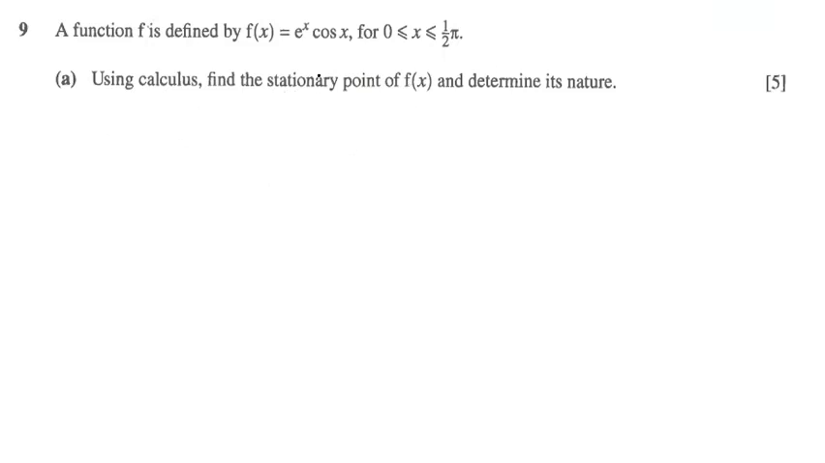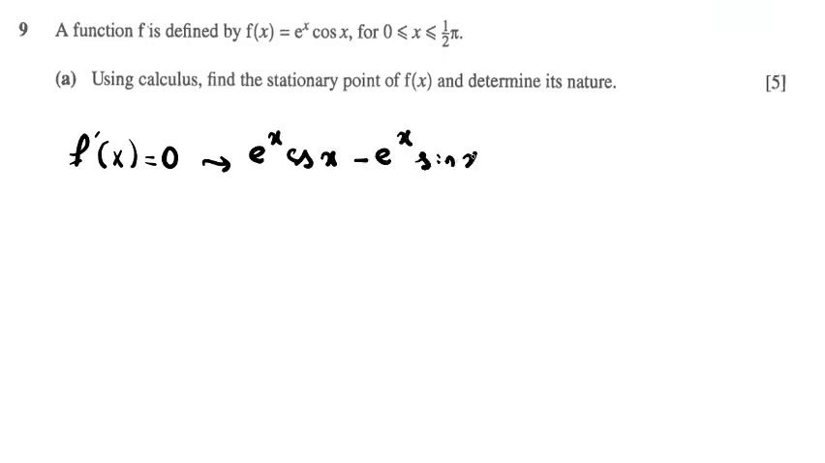Because it's a stationary point, we can say f prime x equals 0. So if you consider, it will be e to the x cos x minus e to the x sine x equals 0. We can divide both sides by e to the x because it is not 0. So cos x minus sine x equals 0. Then we can say, okay,